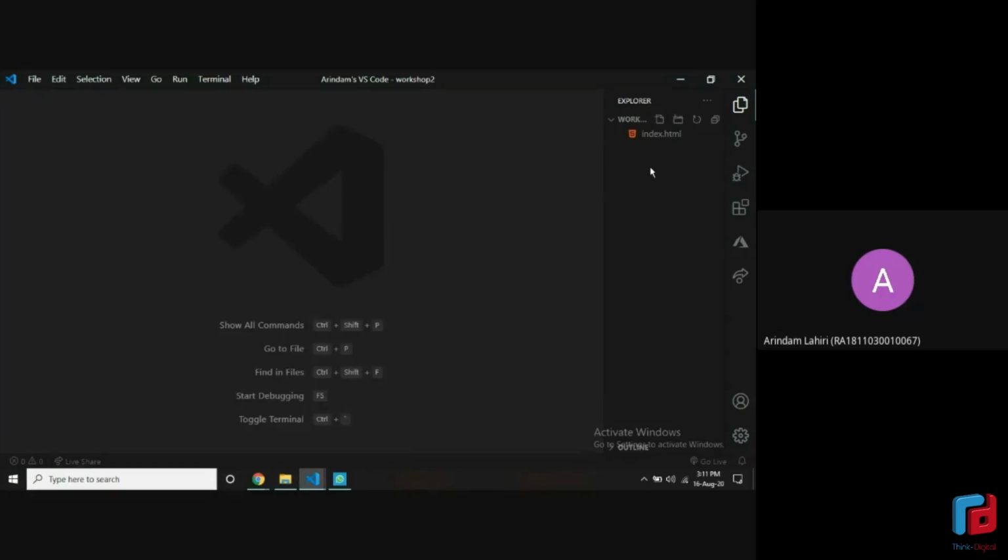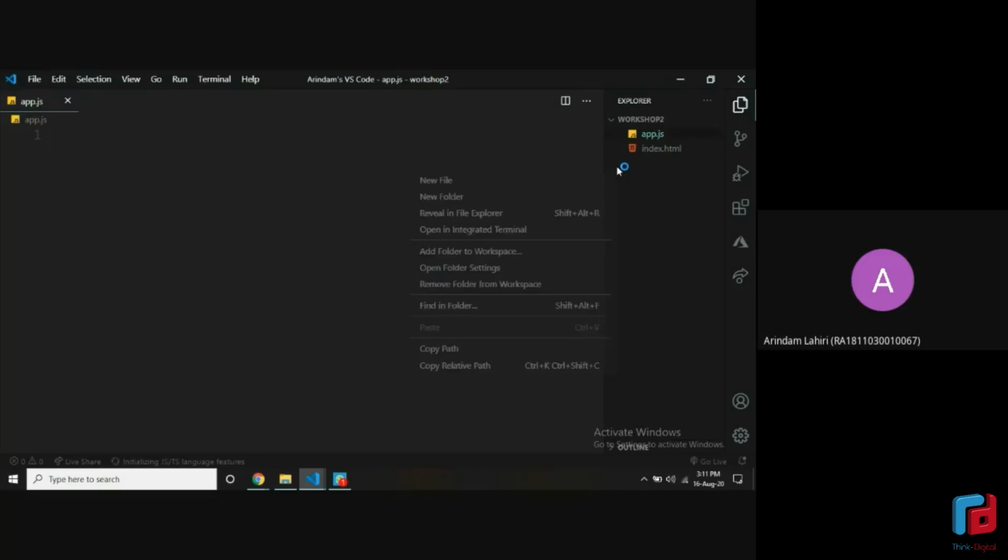If you're in VS Code, or whichever text editor you're using, just open the folder there and hit this icon for new file and create a new file called app.js. If you don't find the icon, just right click here on the sidebar and you should see an option of creating a new file, right? Okay. So I hope you guys have a new JavaScript file with you.